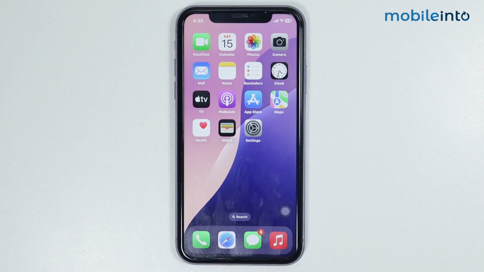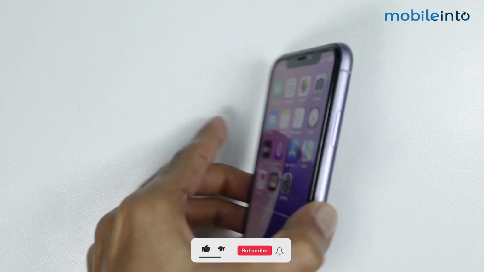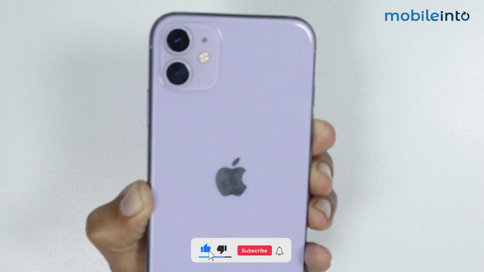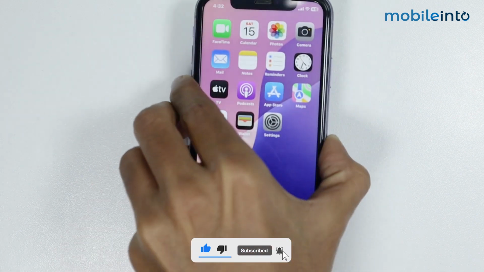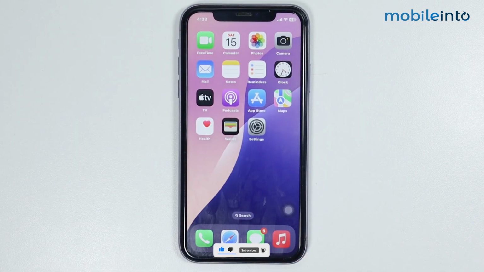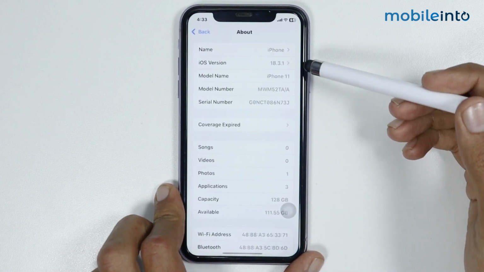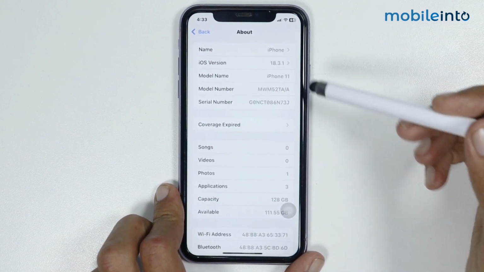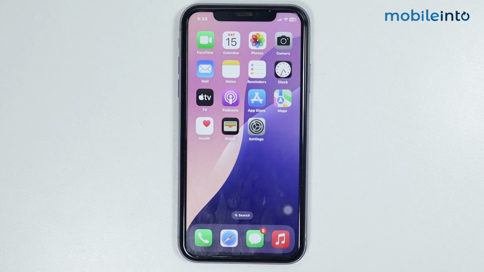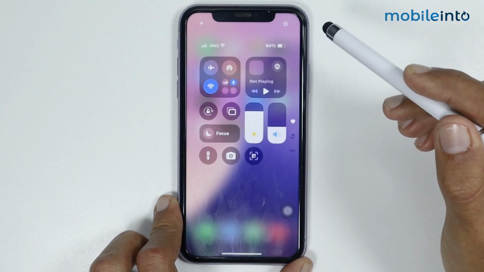Hey, what's up guys? So in this video we will see how to record screen on your iPhone 11. Now currently, as you can see, I'm using an iPhone 11 to record this video, and we are currently on the latest iOS version, the iOS 18.3.1. Now to record screen on your iPhone 11, just scroll down from the upper right corner on the display